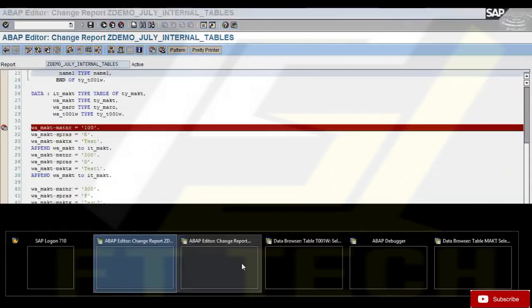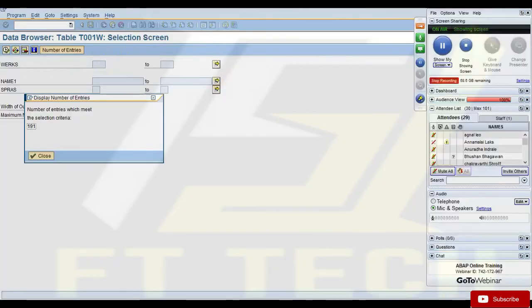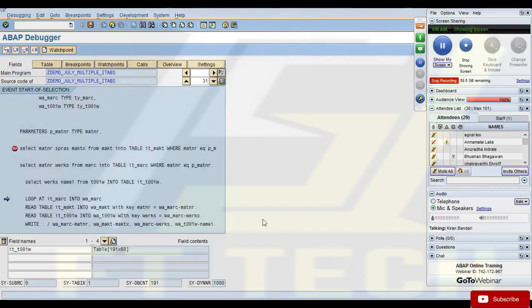Since this is a test system, there are only a few records. So if you write a select without where condition, it would work because we don't have much data. But in a production system, you will always have a lot of data saved in the table. And I said your internal table limitation is 500 MB. So if you try to fetch all the data from the database, your database can have GBs of data. If you write a select without where condition, the system will try to bring all the data into your program, and if it is more than 500 MB, then you will get a runtime error because your internal table cannot store more than that.